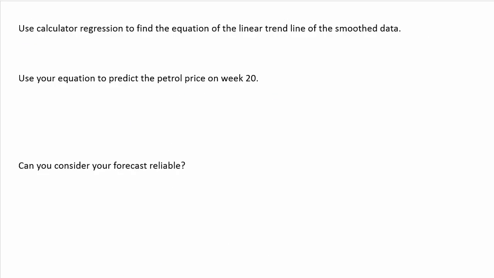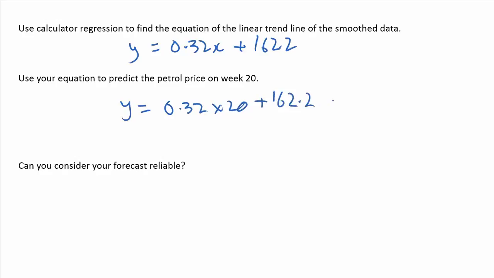Now, using the calculator regression, we should end up with this equation here. Y is equal to 0.32x plus 162.2. Plugging the value for week 20 will give me 168.6 cents per litre. Now, all predictions that are made using extrapolation are unreliable, so it isn't reliable because it